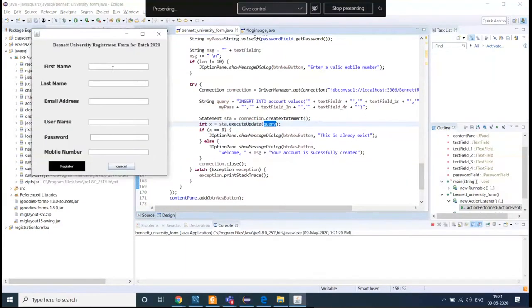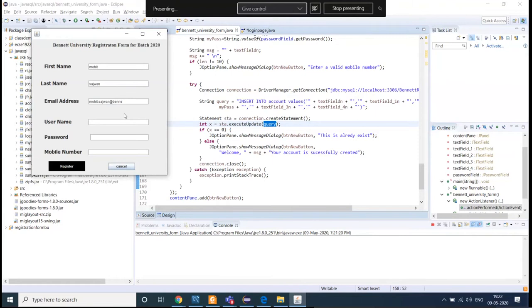Over there, I haven't added any functionality. I am just writing Mohit, my last name Sajwan, my email address mohit.sajwan@Bennett. One more thing, you can also add some validator. Validator means if your email address does not contain @, then in that scenario it will give you an error. So how can you write such kind of code? Whenever you click on your register button, just check, you can use a loop also, and there are various methods also.